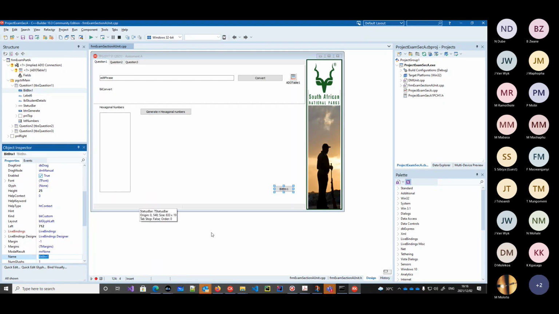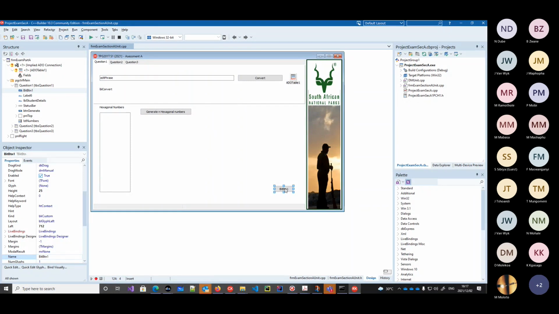I will just take it from the top. So I was saying we are able to create a component during runtime, and whenever we do that, we will be dynamically instantiating that component. In order for us to create a component during runtime, we need to know the name of that component that we want to put on the form. Again, we need to know the location of where that component should appear. Then the third thing, we need to know who owns that